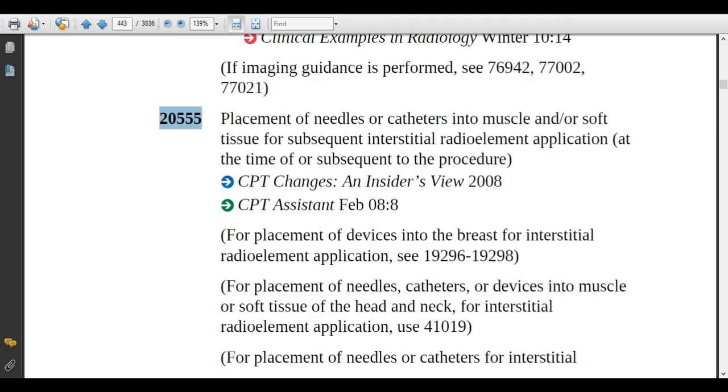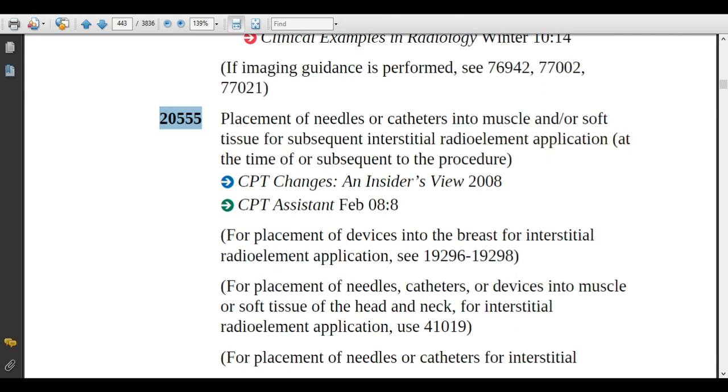20555. The description of this code is placement of needles or catheters into muscle and or soft tissue for subsequent interstitial radioelement application at the same time of or subsequent to the procedure. If the patient was suffering from malignancy at an anatomical site like the prostate, cervix or breast, then the physician will insert a needle or catheter into the muscle or soft tissue.